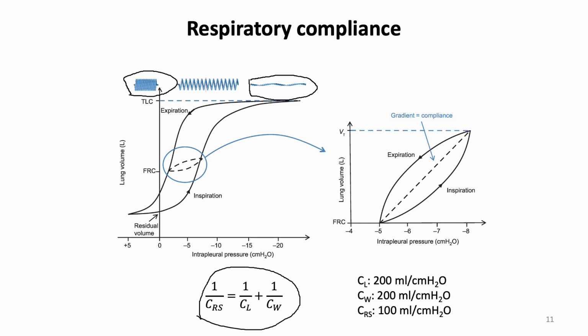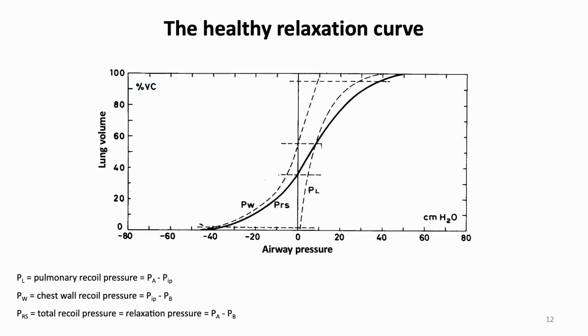The compliance of the respiratory system as a whole is calculated on the basis of inverse values, and that's why the compliance of the respiratory system is actually less than the compliance of the two individual components. This brings us to the relaxation curve of the respiratory system,